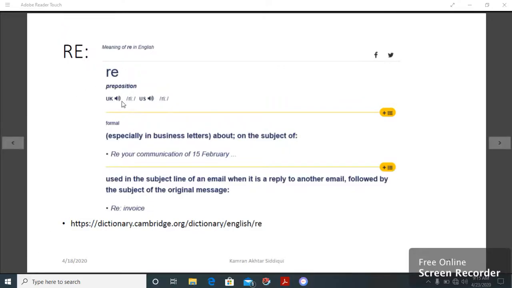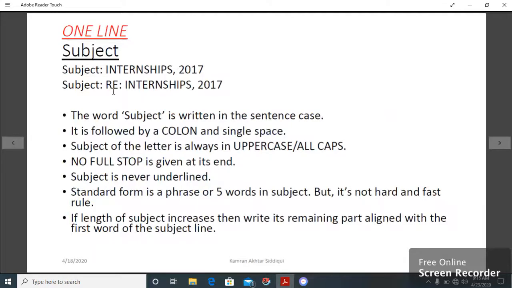Sometimes we use this Re in business letters, which means about or on the subject of. It is also used in email, where it is used as a reply. But when in business letters we are going to write this, we are going to write this in